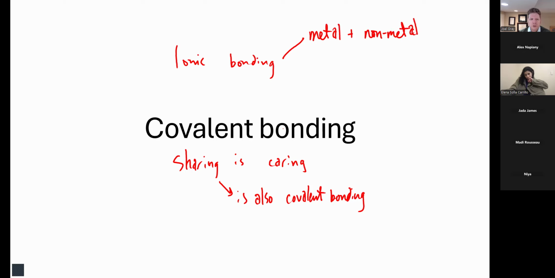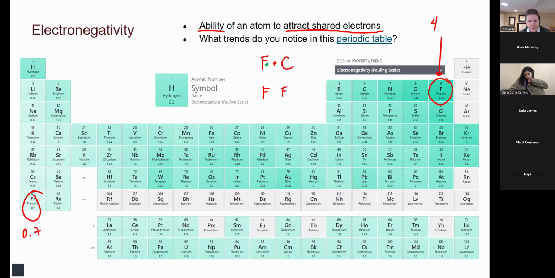Okay, that's one good definition. But then we've got electronegativity, where we have basically a desire or a want that an atom has. So fluorine has an electronegativity of 4. That means if you share an electron with fluorine, you're kind of not sharing it, because fluorine's going to be like, give me, give me, give me, I love that electron. It's a little bit obsessive. So when you share an electron with fluorine, it's not really sharing with you. Instead, it is like possessing that electron.